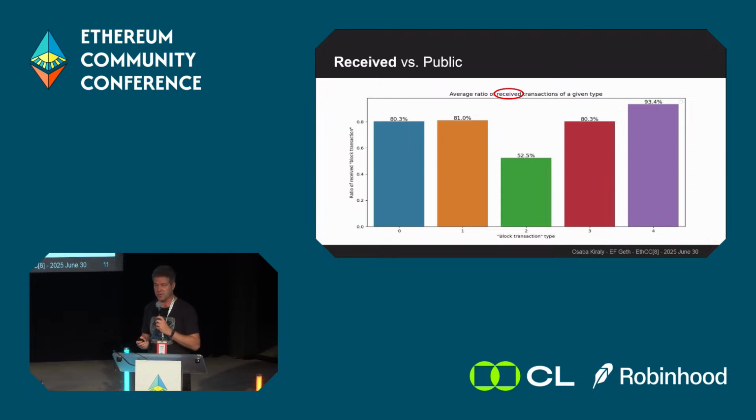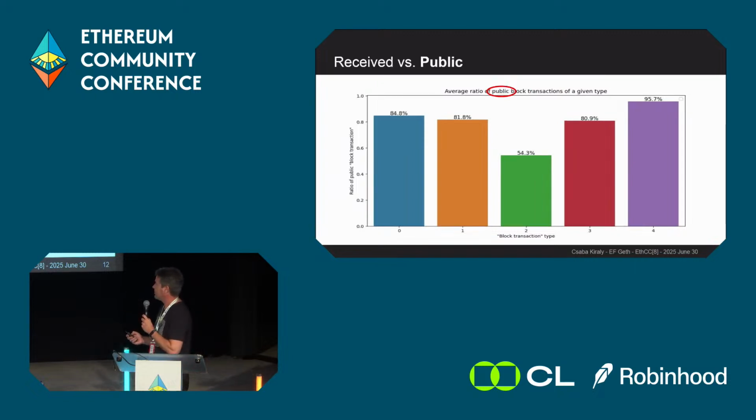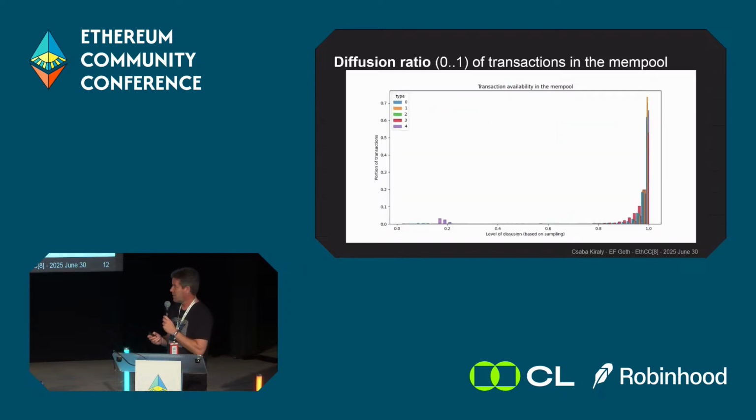And then this is another view. This is how many transactions, of all the transactions that will make it to the block, a node is receiving. So this is how many you received of different types. And then we see, oh, we only received 50%, but that's because only 50% was public. So the mempool actually, if I just switch back and forth a little bit, you can see that my node is basically receiving everything that is public through the mempool.